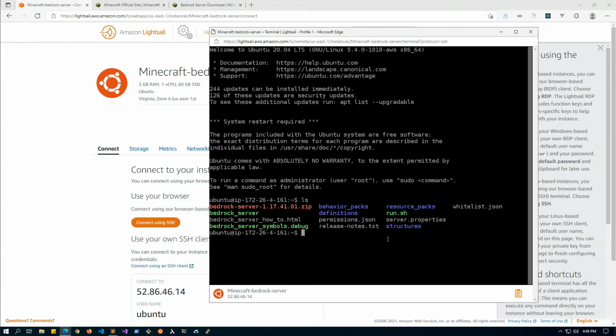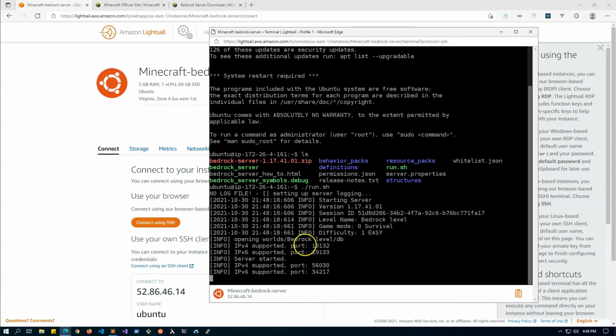So to start your server, you basically type in ./run.sh. And after a few seconds, you should see a message that says server started, and we have our server running. So now you can install the Minecraft client on your Windows computer or your Android or iPhone and type in the IP address of your server and connect to it